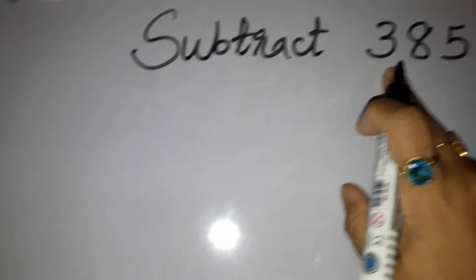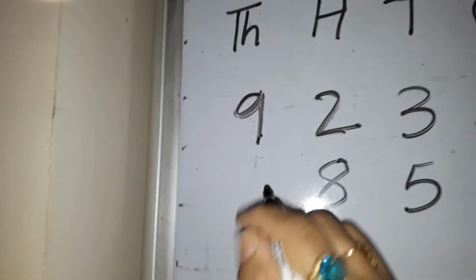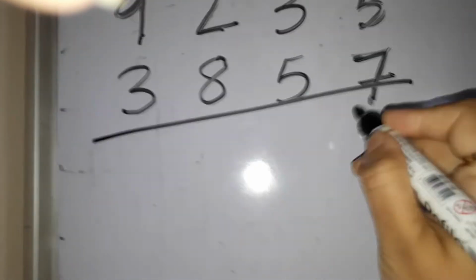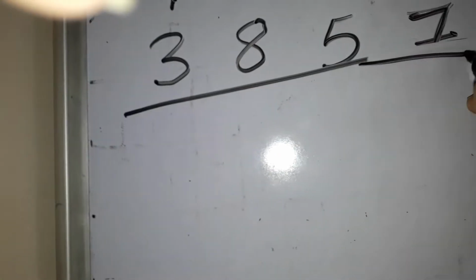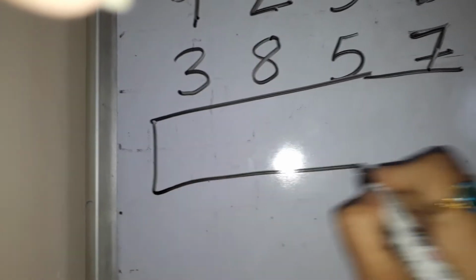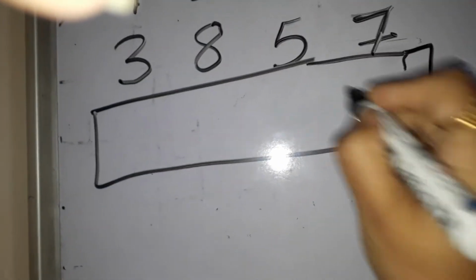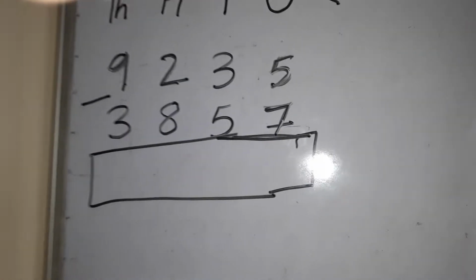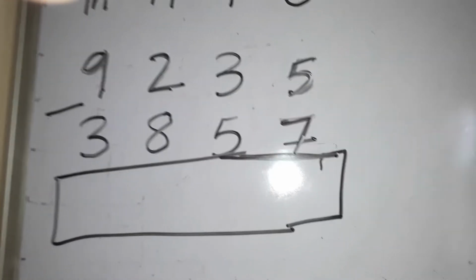And 3 below 9 in the thousands period. I'll draw a box and put the subtraction symbol, that is the minus sign,